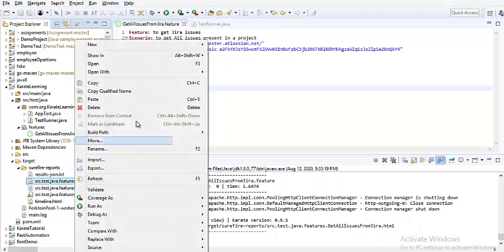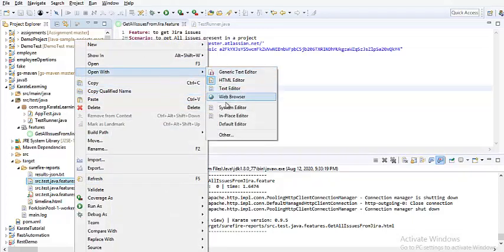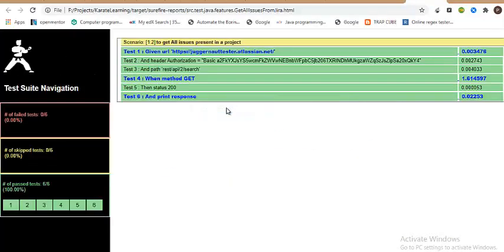If I right click and open with system editor, please guys, do not open such kinds of files, any CSV files or any files, within the IDE. It might crash. It's always standard practice to go to your system editor or go to the path where the file exists and then open it. If I open through the system editor, see, without a single line of Java code or any other code or logic written, you have a beautiful report printed here.